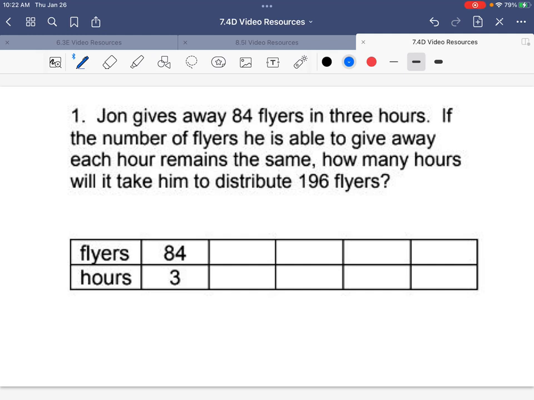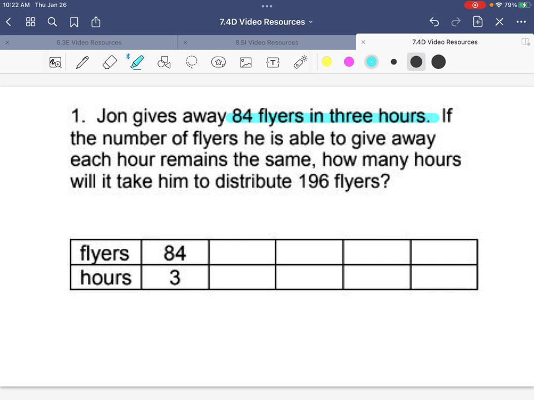Hey guys, today we're going to be looking at how to solve problems using proportional reasoning in a ratio table. So they give us the problem that John is giving away 84 flyers in 3 hours. So 84 flyers in 3 hours, that's pretty important because that's the rate at how fast he's passing the flyers